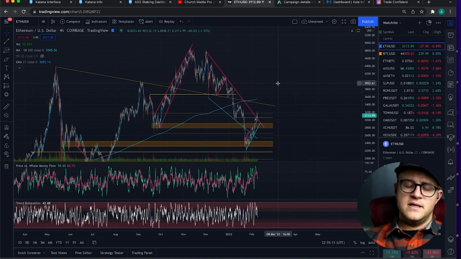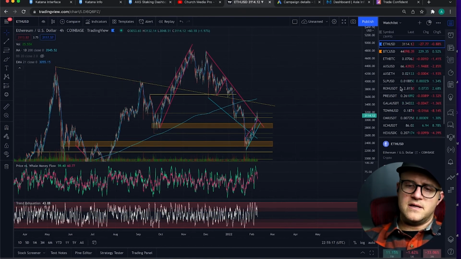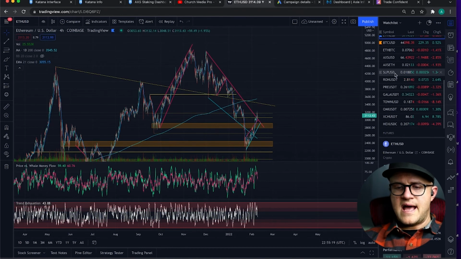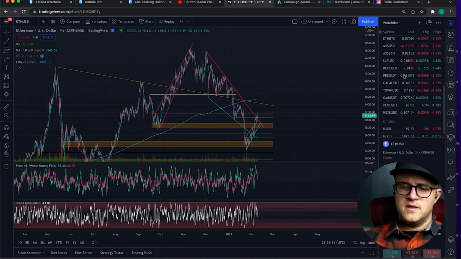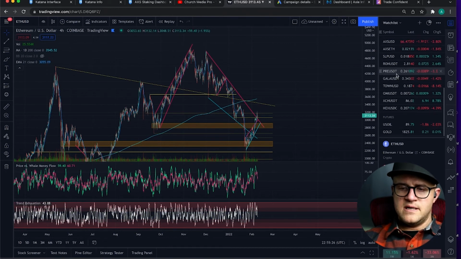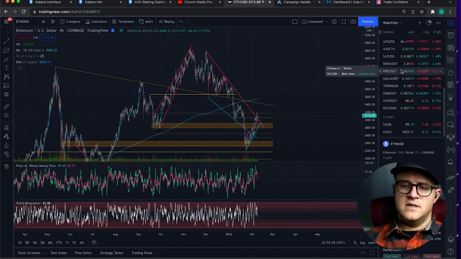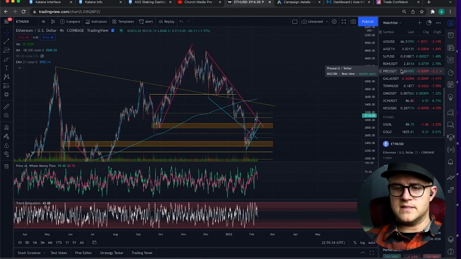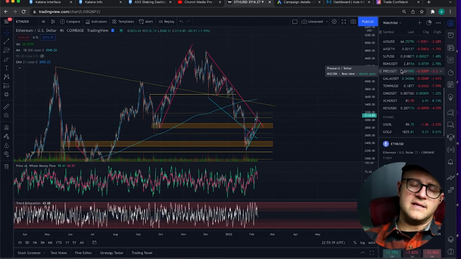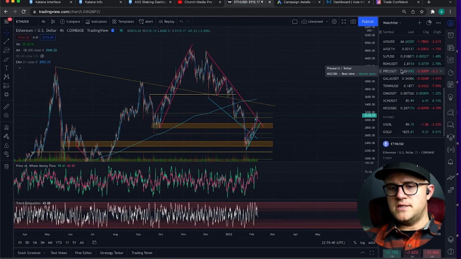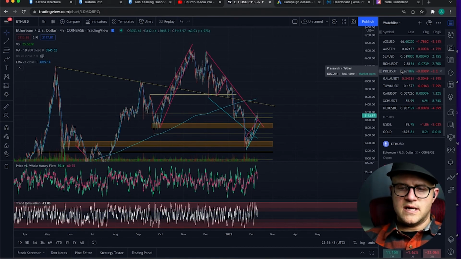I'm stacking other ERC20s. I'm heavy in Ethereum and the Axie Infinity chain, so SLP, AXS, and RON. But then I also have some Pre, which I think is just going to blow up. If you look at the market caps of all these coins that I have, Pre is the lowest by far and has been the most consistent. And the reason for that is it's not on a lot of exchanges yet. So if you can purchase it, I believe